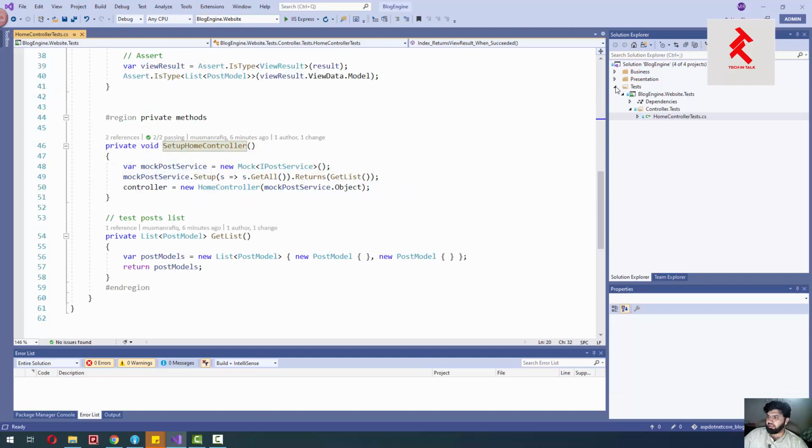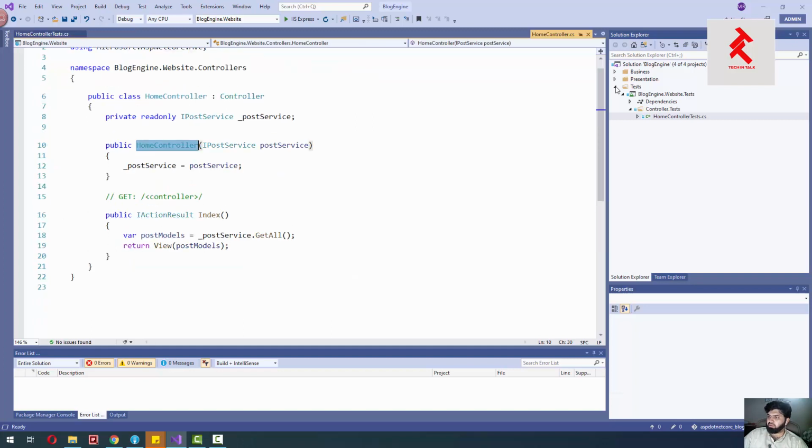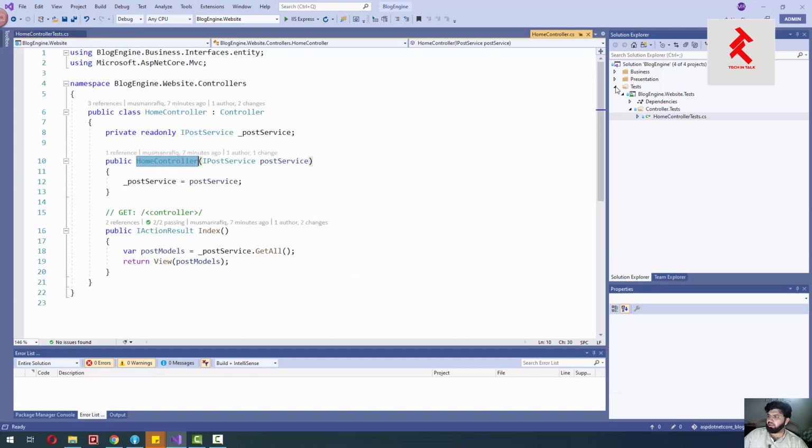What it is doing is creating the dependency, basically mocking that dependency, which we inject into our home controller, and this service will return the list of posts and pass that to our home controller. So if we go to the home controller, it is also a big update.